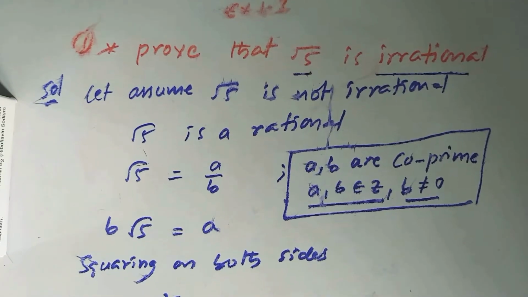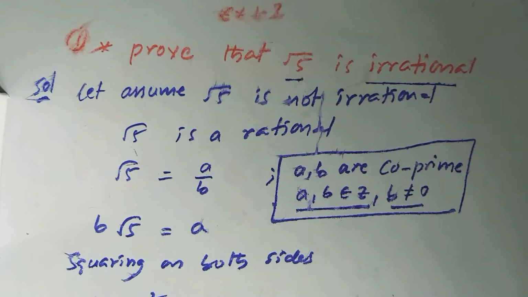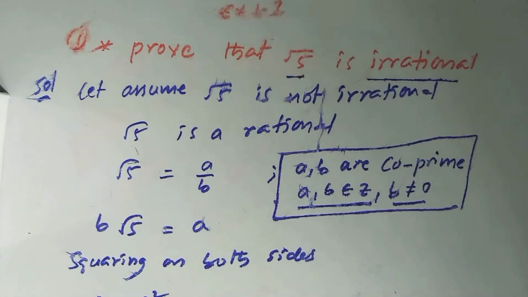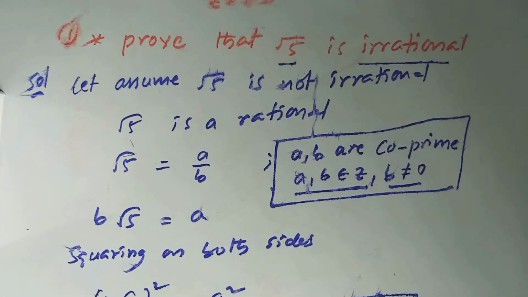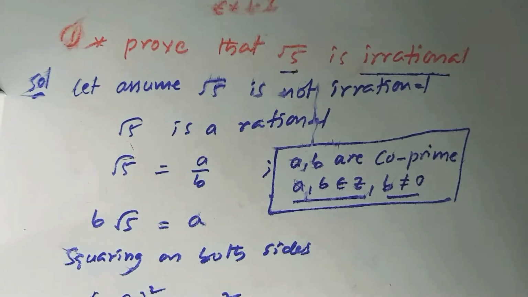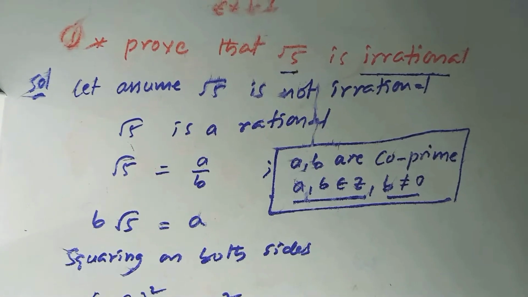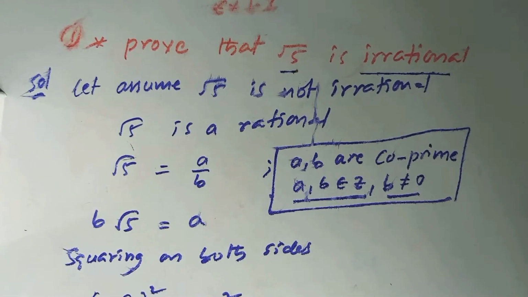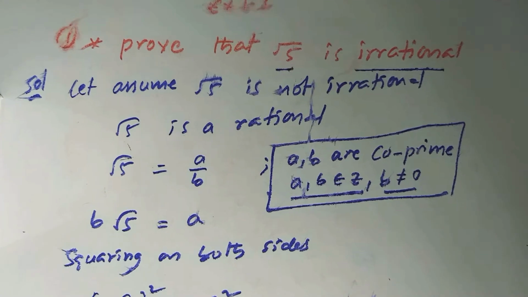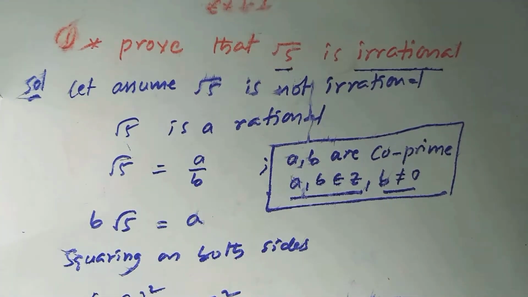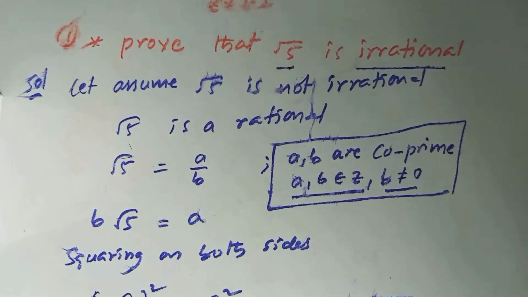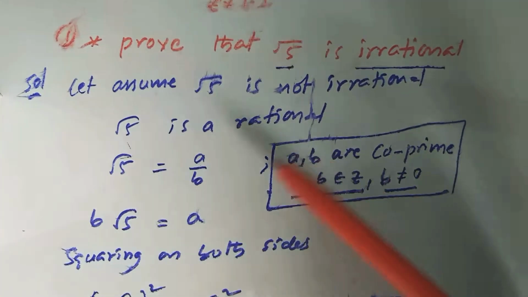Now, in this session, we are going to learn how to prove root 5 is an irrational number. Already in my last video, I explained this problem very clearly, so you can learn from there also. I am concentrating on how to solve some more problems like root 2, root 3, root 7, root 8, any problem. If you learn the root 5 problem perfectly, you can learn the others. Now I am explaining, you can see here.